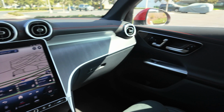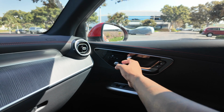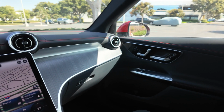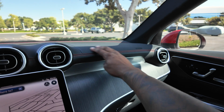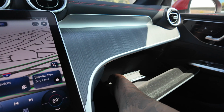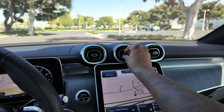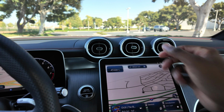Now moving over to the passenger side, you can see they get memory seat settings as well, along with their seat controls on the door, and it's pretty much identical to the driver's door panel. Now moving over, we get a nice wood treatment on the dash, and up top we get soft materials with some more red stitching. Open up the glove compartment and you'll find there's a decent amount of room in there. And moving to the center stack, we get our air conditioning vents up top, our